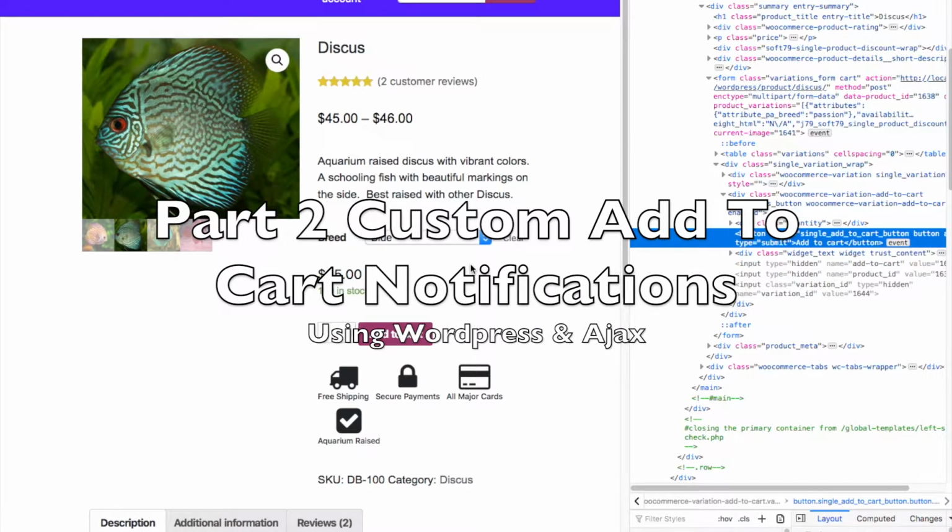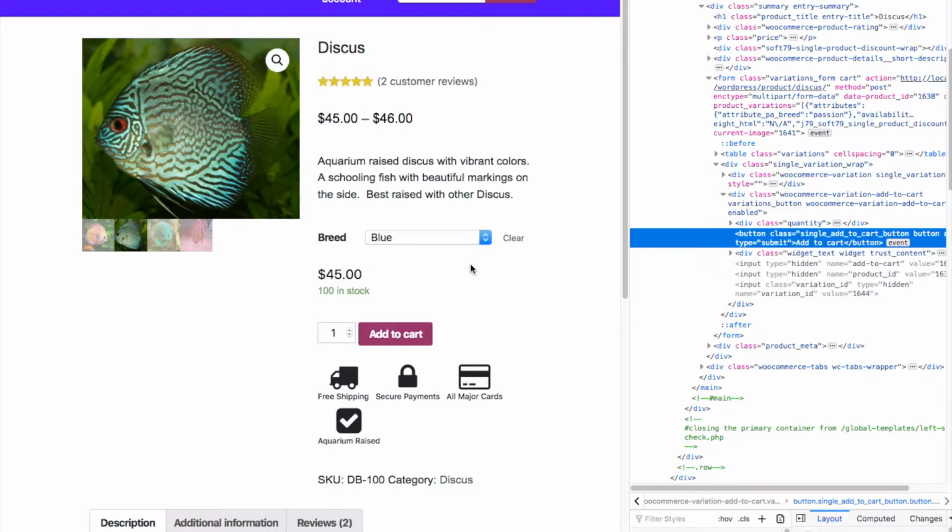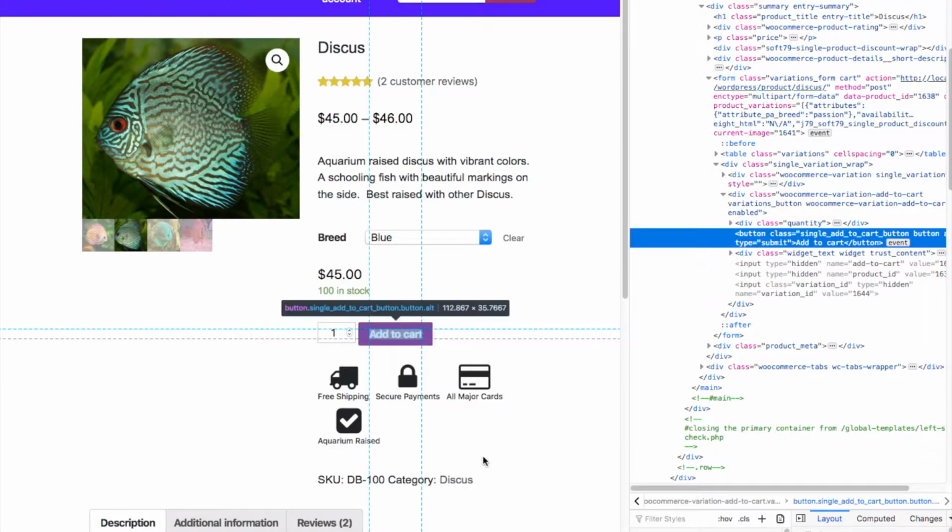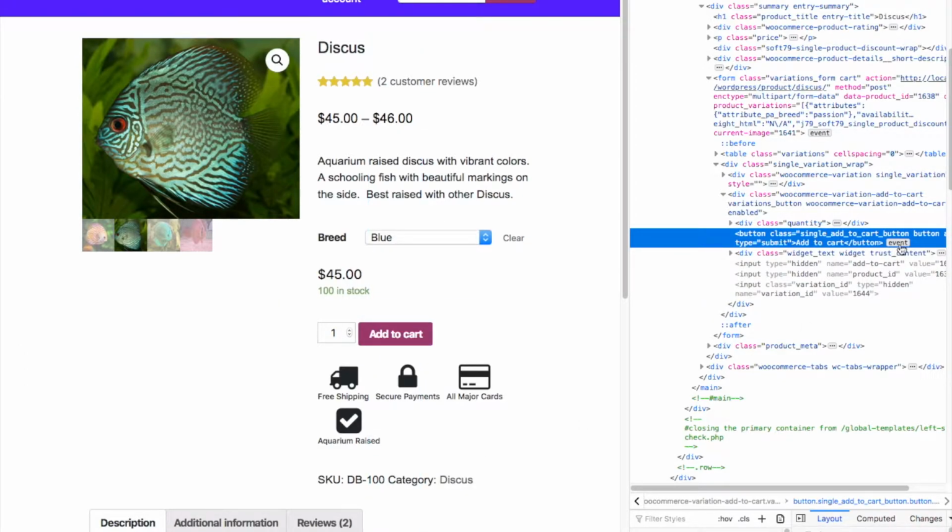So this is part 2 of our custom add to cart notification email plugin. In the first video we created an add to cart event, and you can see that here when we look at the inspect this element. You can see that we have an event and we called it add to cart events JavaScript, and that's the jQuery event that listens for the add to cart. So now we're going to move on and show how we're going to create the email notification based on that